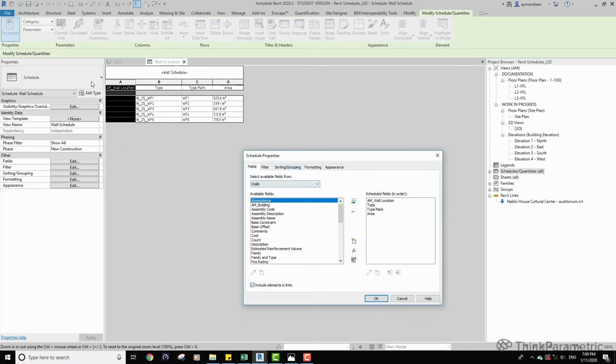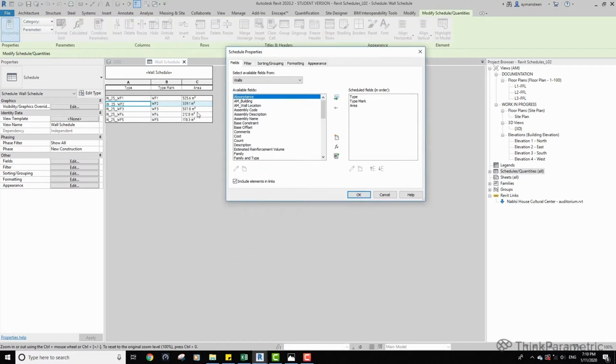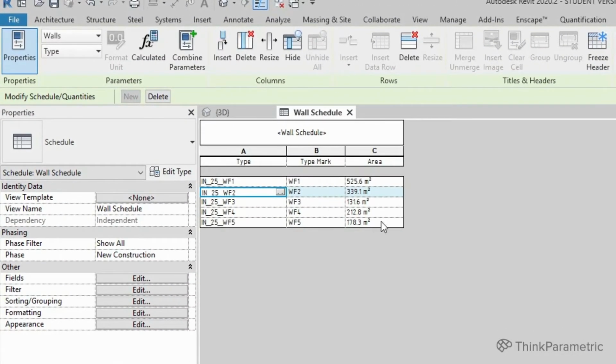It's the same as if we deleted them. And here it is. So now we have the elements inside the links included. If we notice these finishes again and we remove this checkbox, you can see that WF3 has a lesser value than what it had when we included the links.